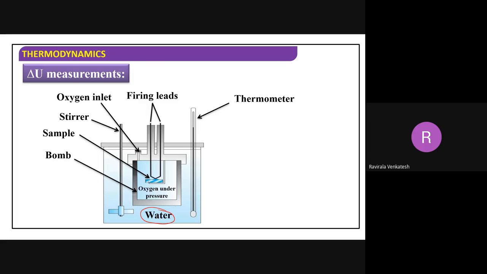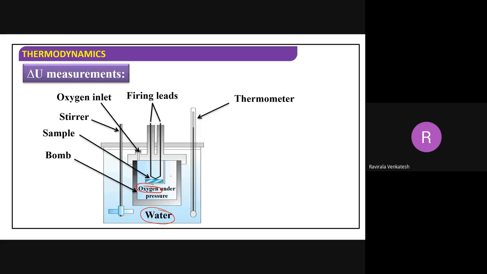It is a combustion reaction, because you are burning; the bomb will burn. For burning, what help do we need? Oxygen. In the presence of oxygen, combustion will take place. So I have sent this oxygen at high pressure over here, and firing leads to get the fire. When the fire starts, what happens? The bomb will explode, then it will burn actually. So firing leads are taken, and to measure the temperature when heat is releasing,